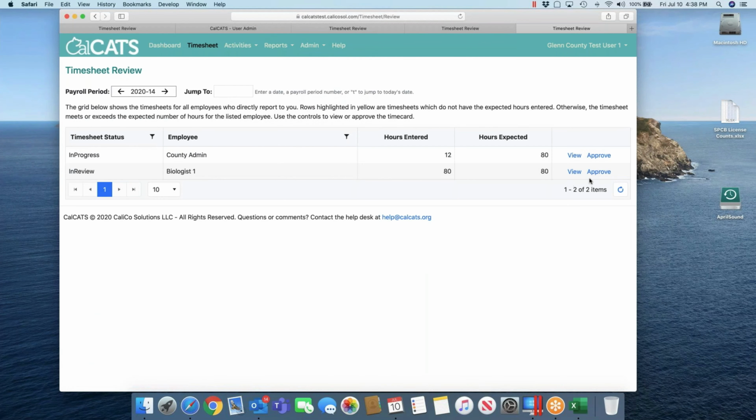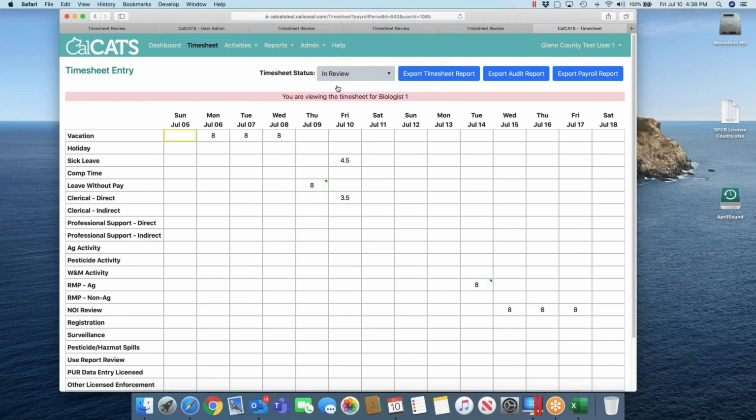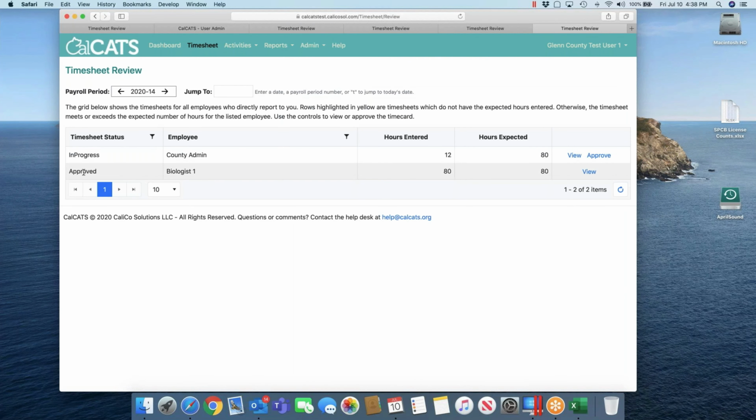And then I can go look at biologist 1's time card and I can approve it. And once it's approved, it's on my list as approved, and I can move on to the other people whose time cards are on here to review. Okay, that's timesheet entry. Let's talk about ag activity entry for a minute,